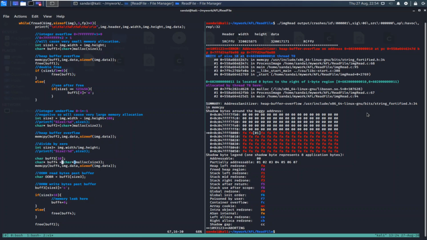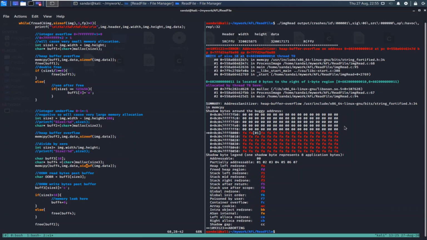It is trying to allocate some memory here, and actually the buffer overflow is at line 68, and the buffer was allocated here. I was reading it wrong. You can see it is here, line 68. Some buffer is getting allocated, some data is getting copied here, and it's a classic heap-based buffer overflow. I'm not going to debug it today. Probably I will take a separate session on how to debug this issue.